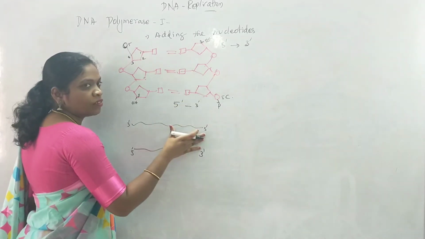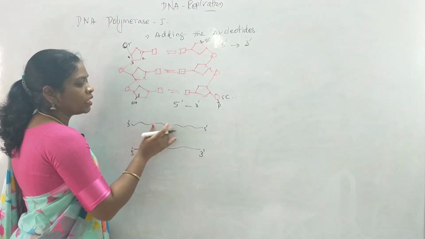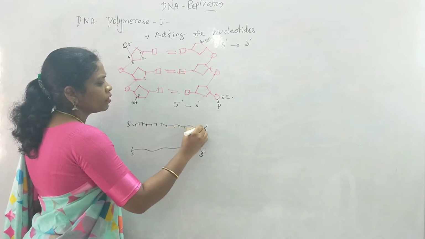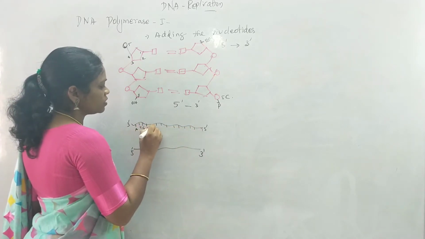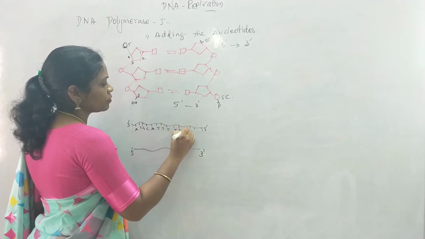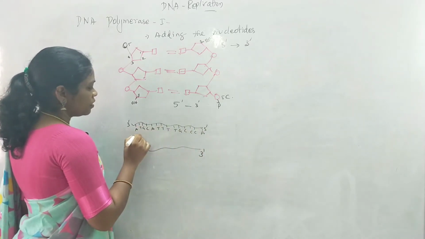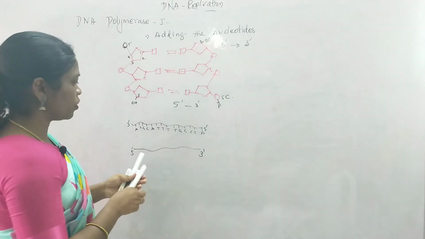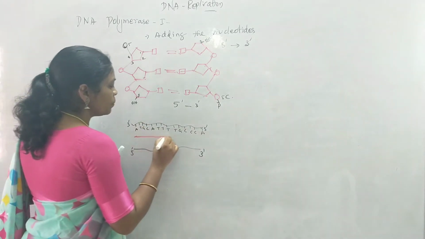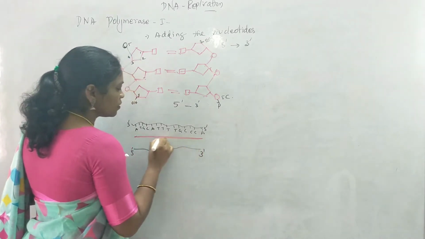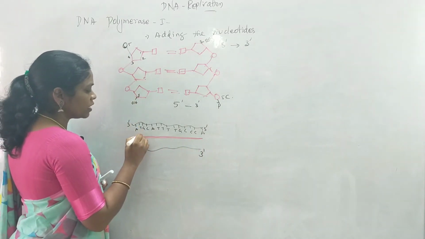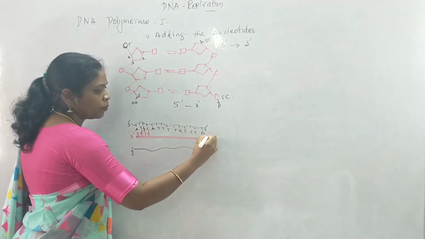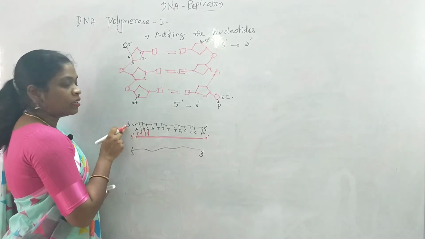Imagine this is one strand of DNA. If you want to make or copy the nucleotides on the other strand, imagine it is a nucleotide. It is nothing but A, T, G, C. We have to copy it in another strand, that is a new daughter strand, by means of the replication process. Imagine this is another strand which is copying the information, that is going to form the nucleotides here. This particular strand, that is the daughter strand, will start from 5' to 3' direction. So you can find the polarity.